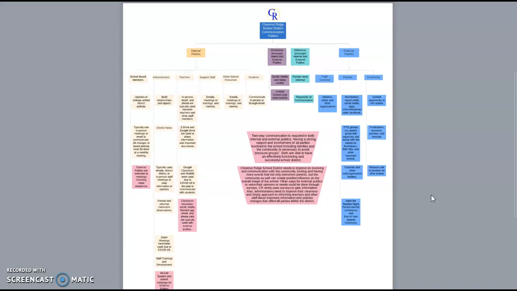So to continue, Chestnut Ridge School District, some ways that we need to improve. We need to improve on involving and communicating with the community. So inviting them and having them at more events. I think overall we need to create more events to welcome the community and the parents into the school district, because their image of the school definitely is represented,